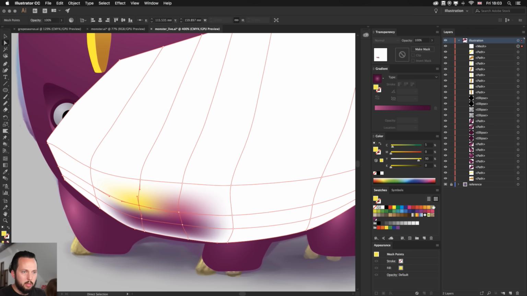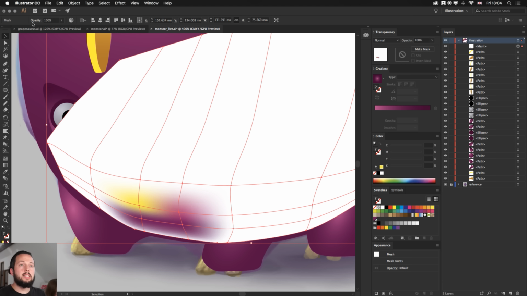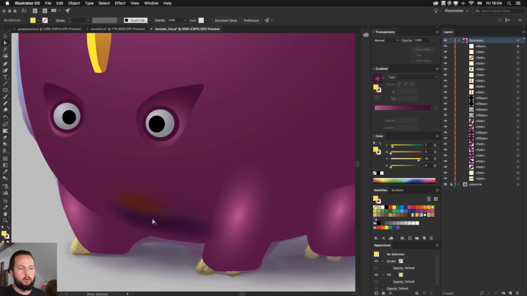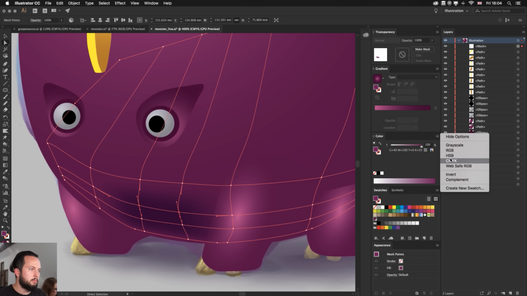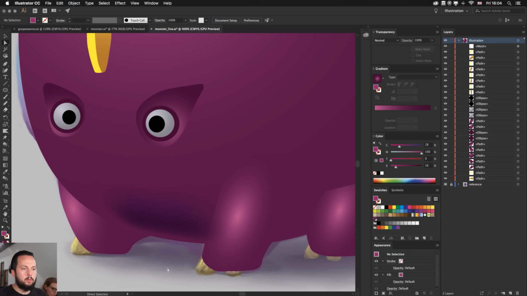Again, I would set maybe a yellow color, and they are all nicely blending into each other. But since the blend mode is set to multiply, it will only show the darker details, and we won't see the brighter colors as much. So these two colors here maybe can be the same purple, but maybe in this case we can make it a little bit brighter. So let me just go back here, make it a bit brighter, maybe a bit more pinkish, something like that. And you see immediately we have a very nice transition from the body down that way.